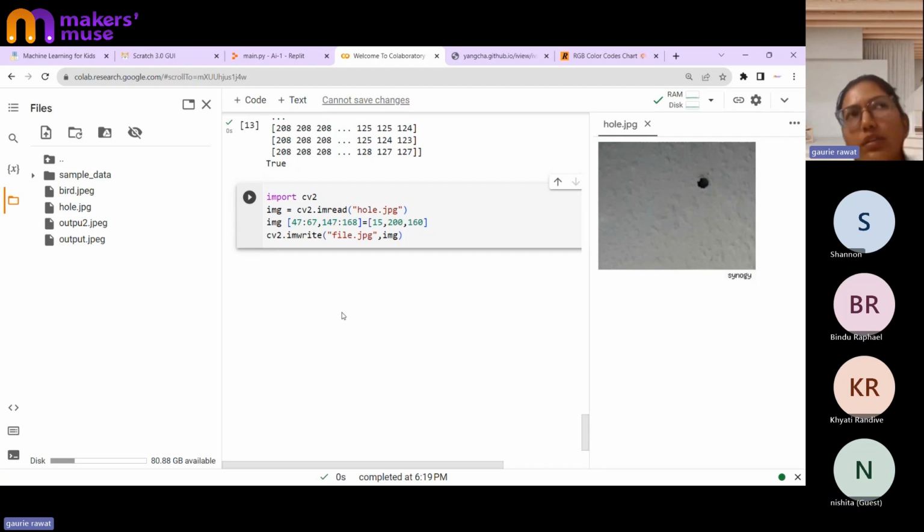Okay, for example, right now you have seen many editing applications. Basically, this is being taught here in OpenCV in the machine learning part to the students. That's a high level thing. You have seen many editing applications where you drag and drop and the colors get changed. Or take the Facebook example that I showed you: whenever you upload a picture, a rectangle comes in front of your face and it shows you this is Nishita or this is Khyati. How exactly does that happen? This CV2 library basically helps us program to do the task in that particular way. Now, why you're finding it difficult, maybe because of this XY coordinate, you're feeling a little confused.